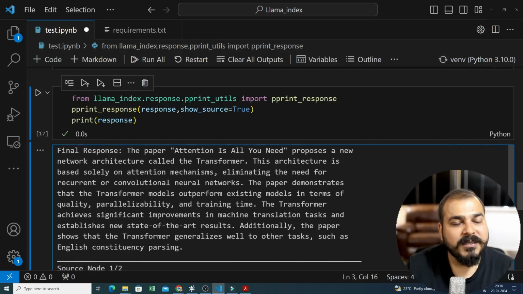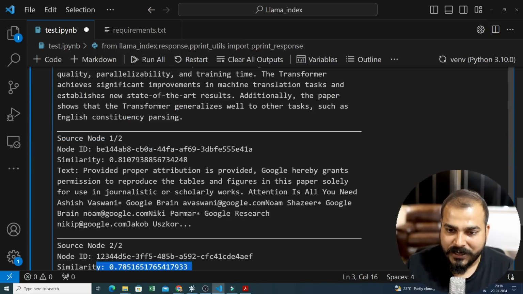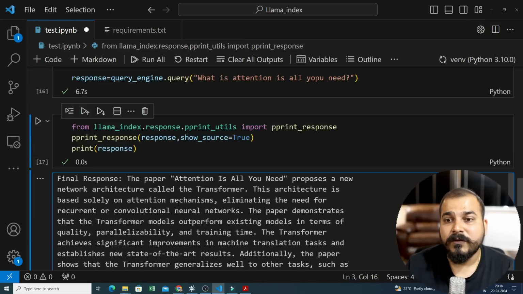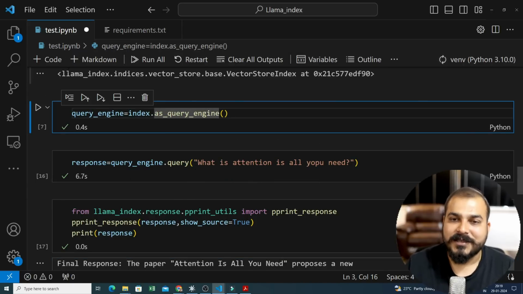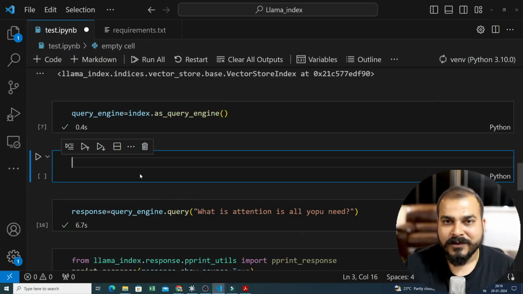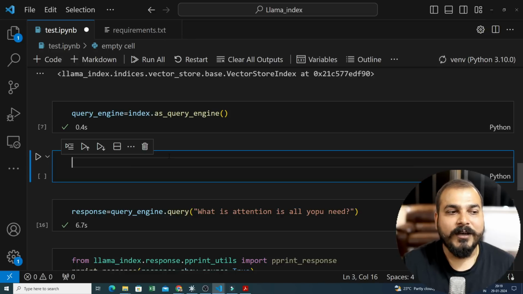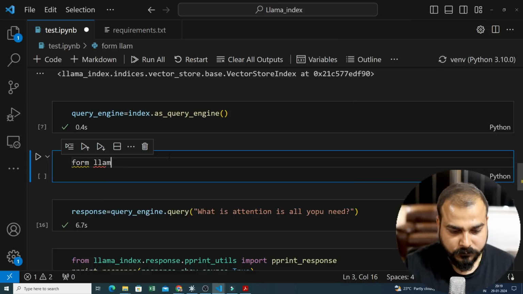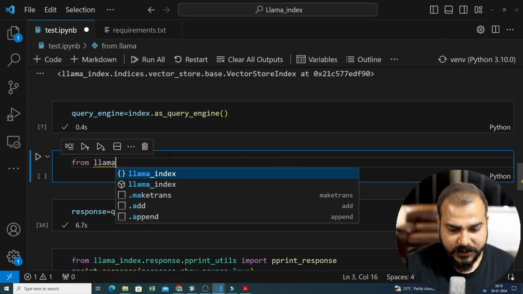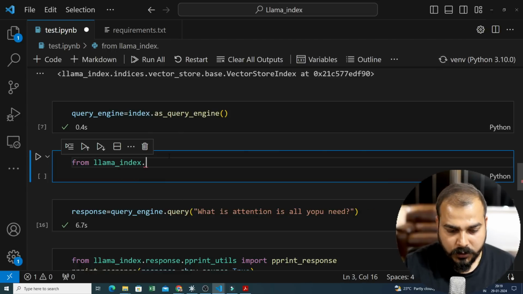Now, the best thing about this is that I can still modify all these things. I can modify them the way I want. Instead of just two, right now I'm getting only two responses. What if I want 4 responses? What if I want 5 responses? What if I want 6 responses, right? Everything is possible. So for doing that, how can we do that? Let me show you. So here I will say from llama_index, again by using llama_index only, dot retrievers